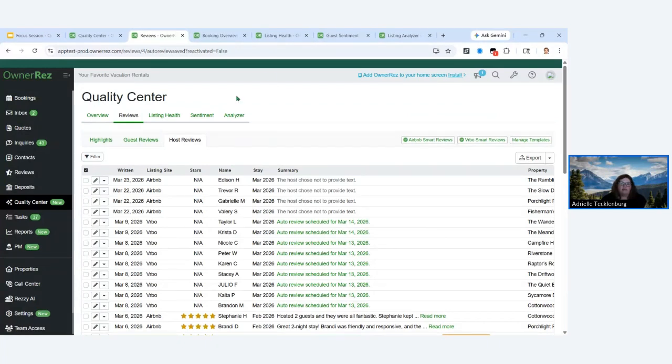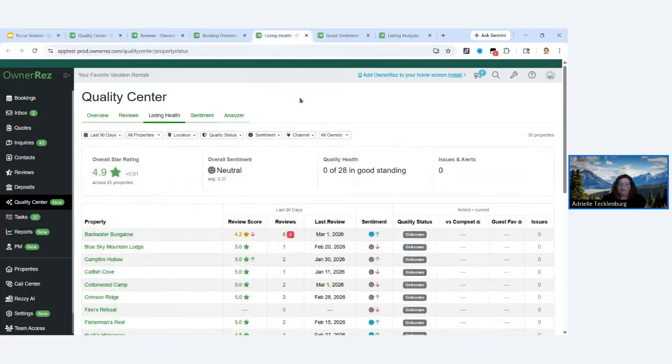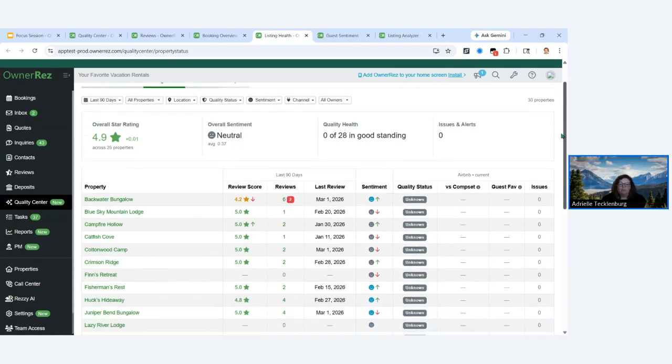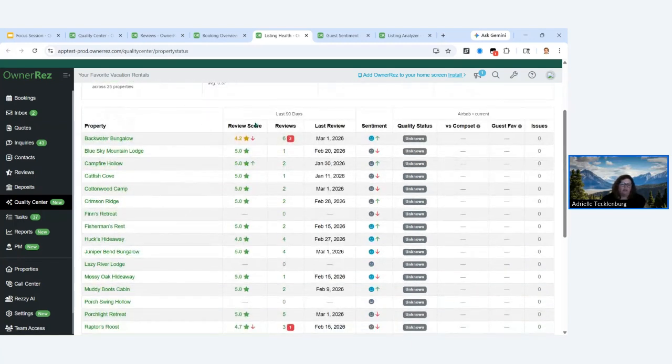The next thing to look at here on the Quality Center is the listing health. So here you can see at a glance how all of your properties are doing from a listing health standpoint. So you'll be able to see the overall rating, again overall sentiment, quality health. So this is going to come from your account being API integrated with Airbnb. If there's any issues with your properties being in good standing or any other issues or alerts that need to be addressed there. And then the property, it's going to give you at a glance the review score for each property,